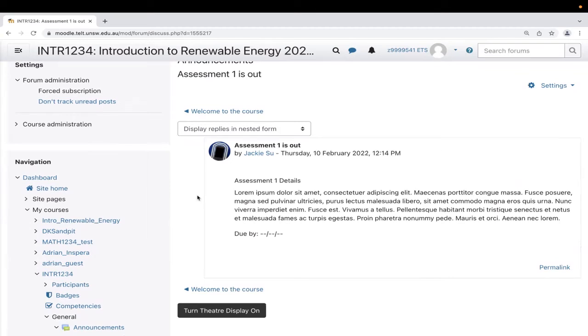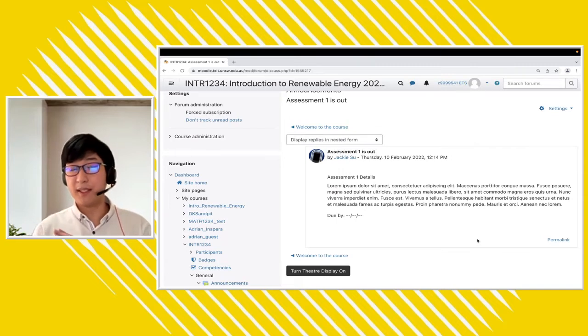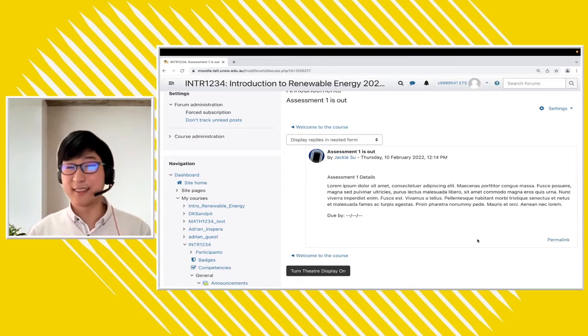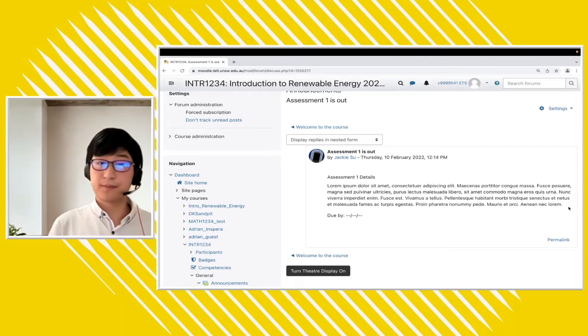And another thing is that usually what's going to happen is when the instructor does make these announcements, like for example, assessment 1 information, we will also get an email sent to our UNSW mailbox with this information. So the email may come immediately or near the end of the day, depending on how some of your email preferences are. That being said, the general idea behind this is that we get announcements from here. We can get emails notifying us of it. And also these announcements are generally just the important things that are happening in our course.